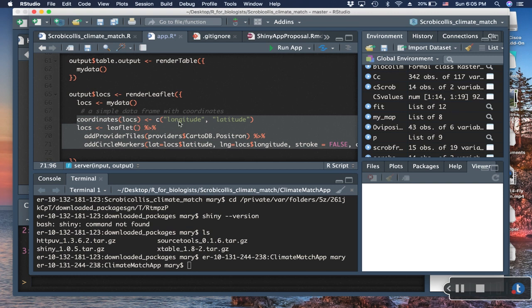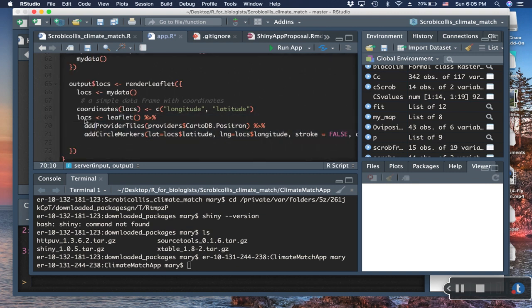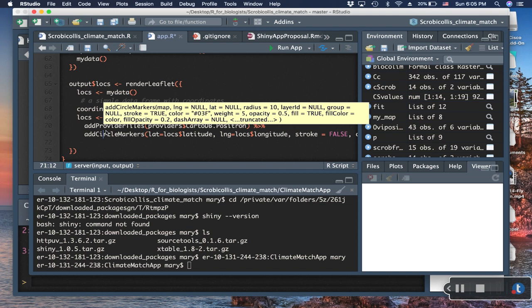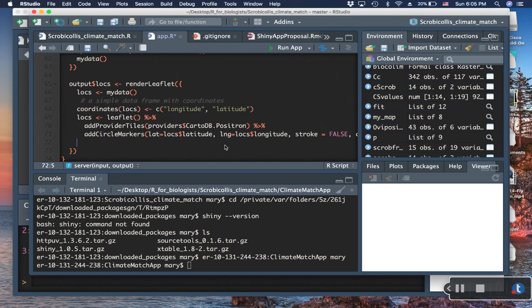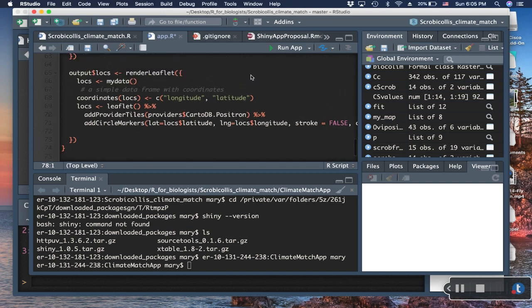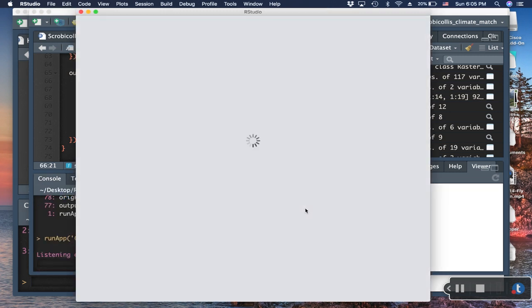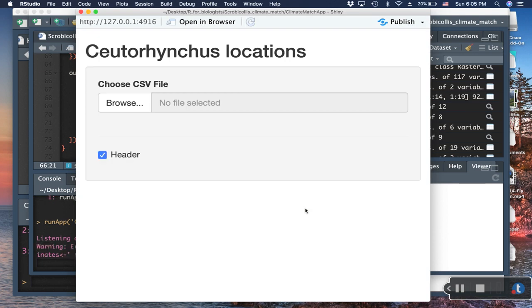And then this is the same bit of code that we had in our example from class 7, where I am assigning the coordinates of Lokes to the longitude and latitude columns within the documents within my data. And then I am creating a leaflet map to map that species here. And I'm assigning it to Lokes, which is going to be the name of the output in the leaflet output part of the user interface. And then again, at the end, it just calls the Shiny app. And so if we run this one,